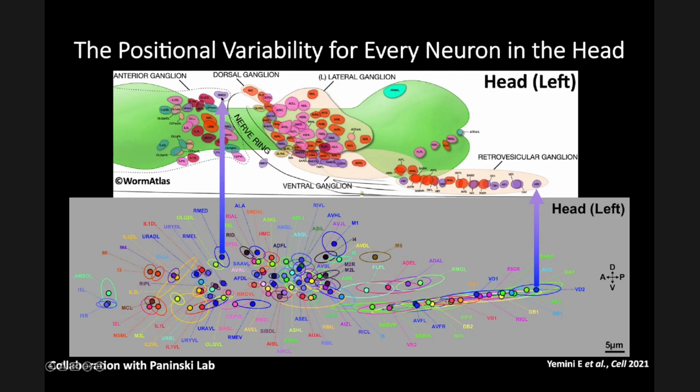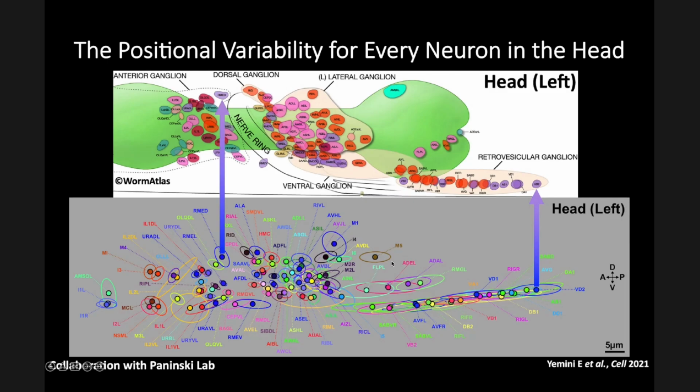So this is the army dorsal neuron. Name doesn't matter again, but this neuron here you're seeing in the cartoon is the same neuron down here, and same for this neuron here. These arrows kind of align you and orient everybody. And what you're seeing here is these big dots are the mean location where we find the neuron across these 10 animals. And the ellipsoids that you see around them, that's the positional variability that we see, right? So that's where we might find a neuron, anywhere from here to here, so to speak, within this particular circle,